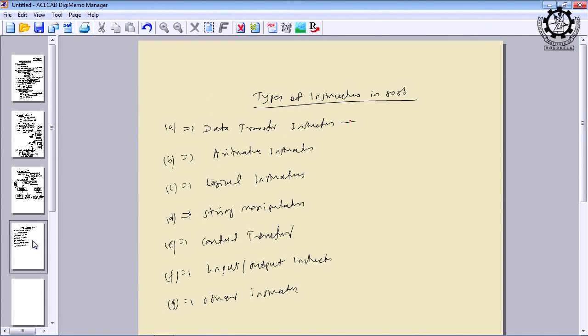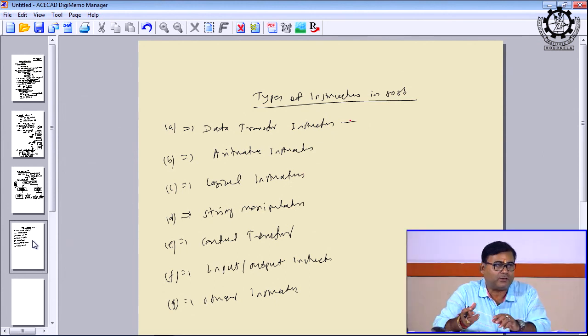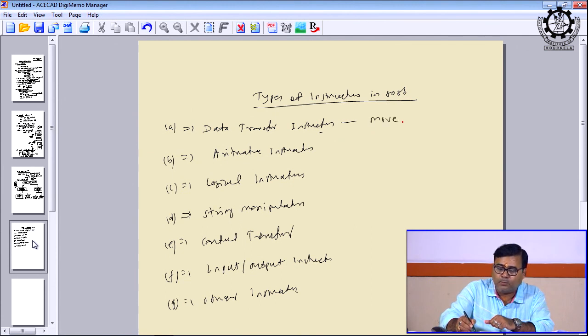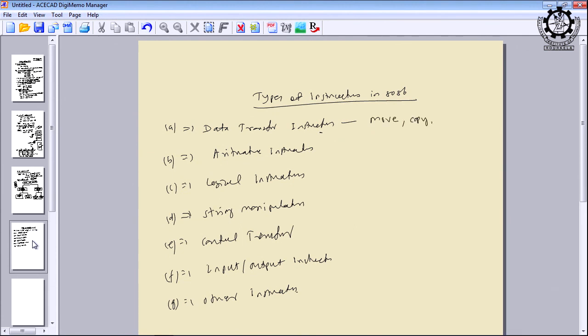All these come under data transfer, because there are 3 units: one is the microprocessor, second is memory, third is I/O. Any permutation and combination of transferring data from one unit to another among these 3 devices, we call the data transfer instructions. We shall see the syntax, but usually we can have move instructions, copy instructions, load, etc. We shall see exactly how to write data transfer instructions in 8086.